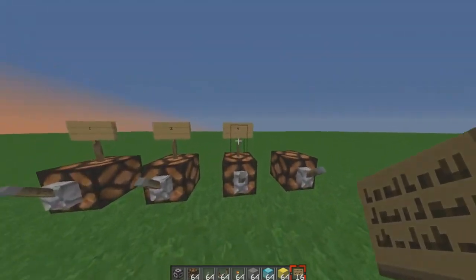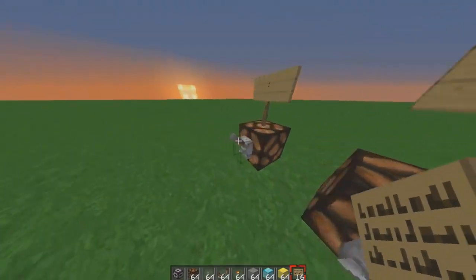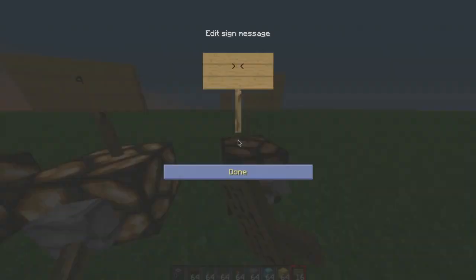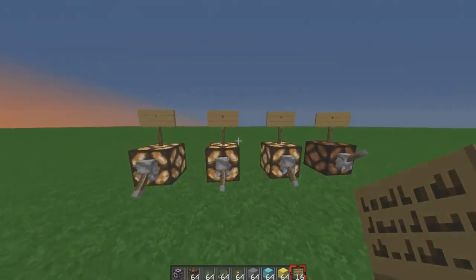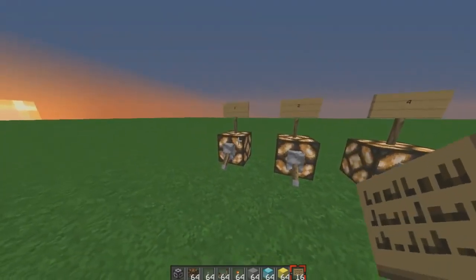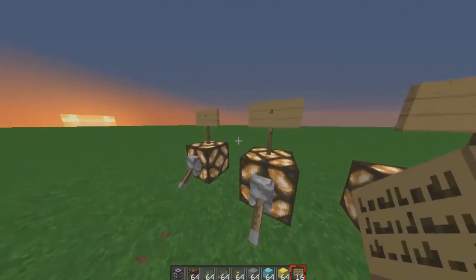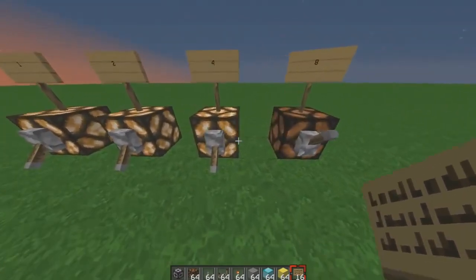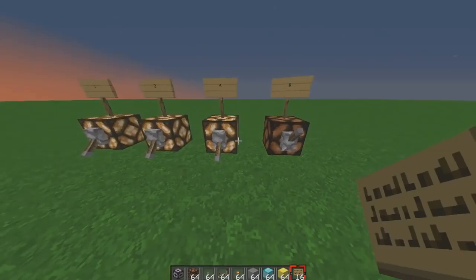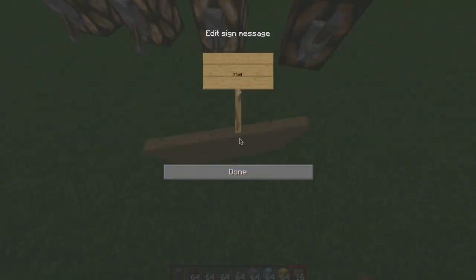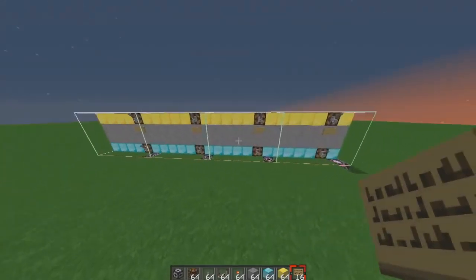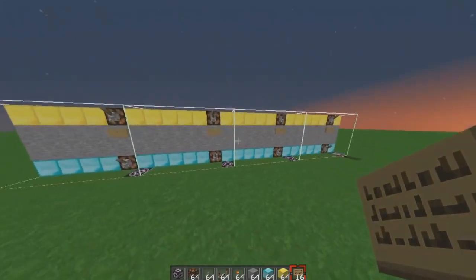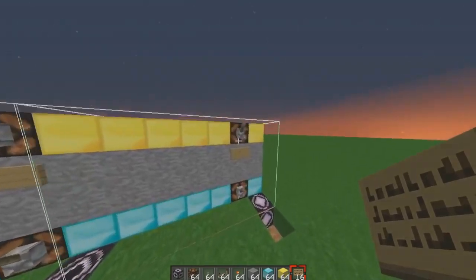So right now I can go up to 7 in binary because if I add, this is 1, 1, 1, 0, and this one would be 8. So 1, 1, 1, 0, it would be 7 in binary. That's because 1 plus 2 plus 4 is 7. Yeah, sorry. He's better at math than me anyway. So basically every one of these is binary. So right now it's 0, 0, 0, 0, 0, 0. So now I can do math with this.